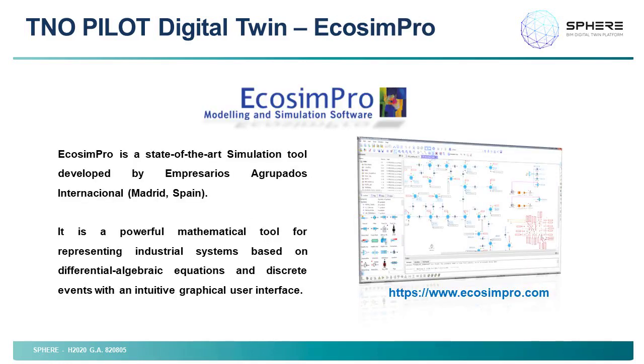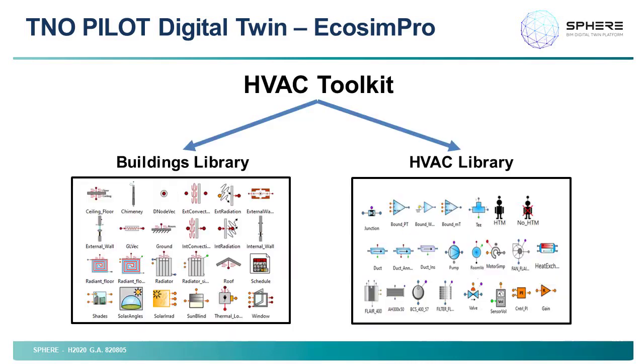Ecosystem Pro is a powerful mathematical tool for representing industrial systems based on differential algebraic equations and discrete events with an intuitive graphical user interface. The HVAC toolkit is a set of libraries used within Ecosystem Pro. These libraries are made up of components that allow different types of systems to be modeled through their characteristic equations. The HVAC toolkit is made up of the HVAC library for modeling HVAC systems and the buildings library for modeling